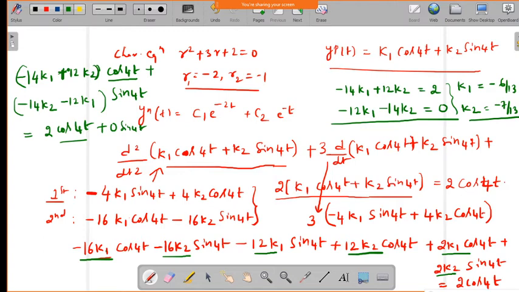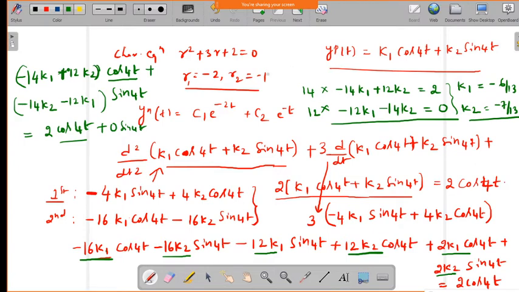So you can multiply these. Sir, k1 will be minus 7 by 85. So how are you getting different answers? Just multiply this one by 14 times, and this one by 12 times, and if you add those two equations, k2 will cancel out and you will get only k1. So how much is k1?